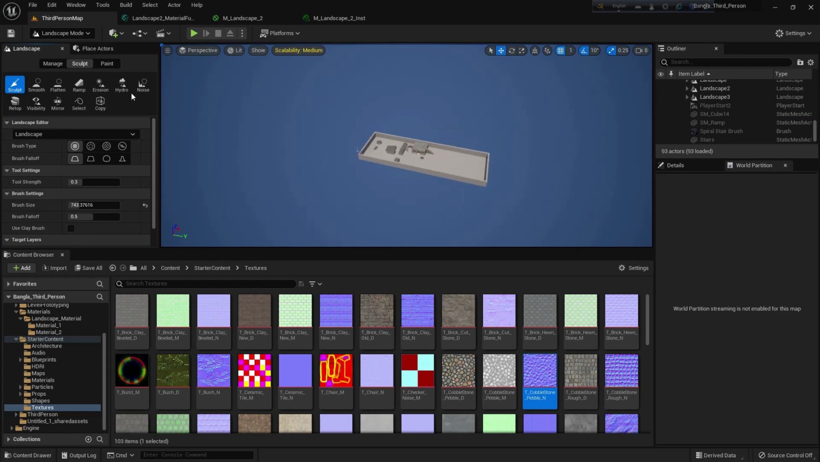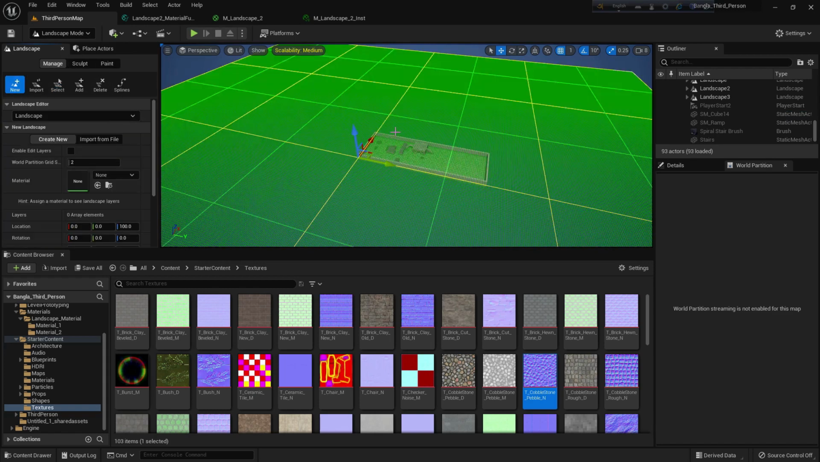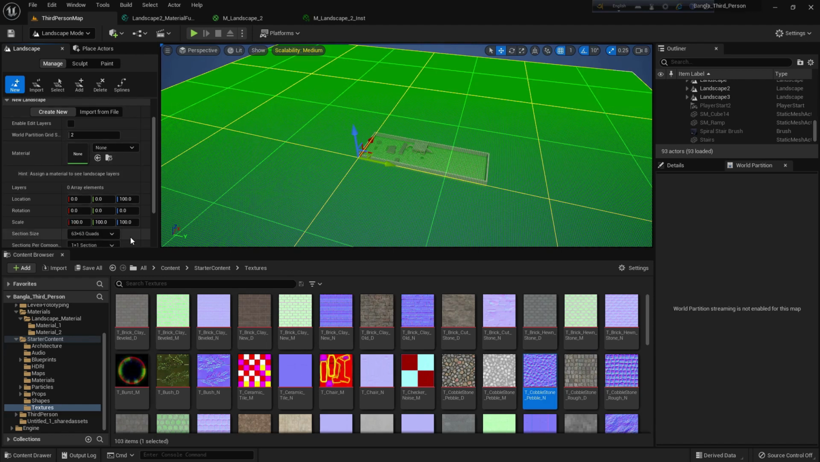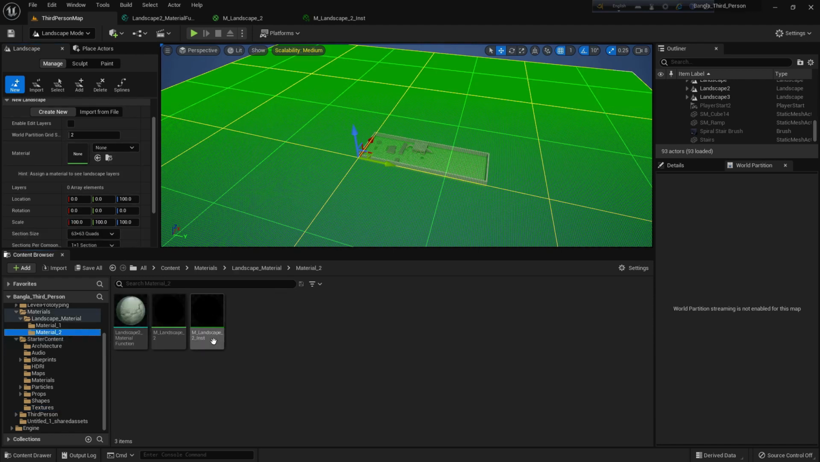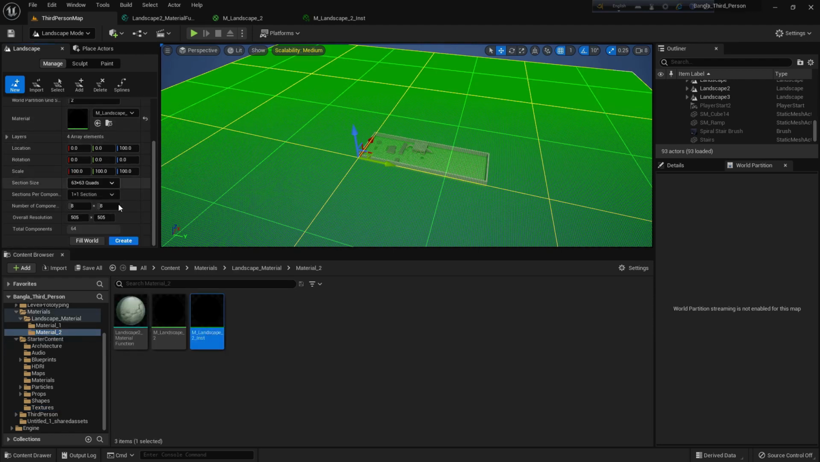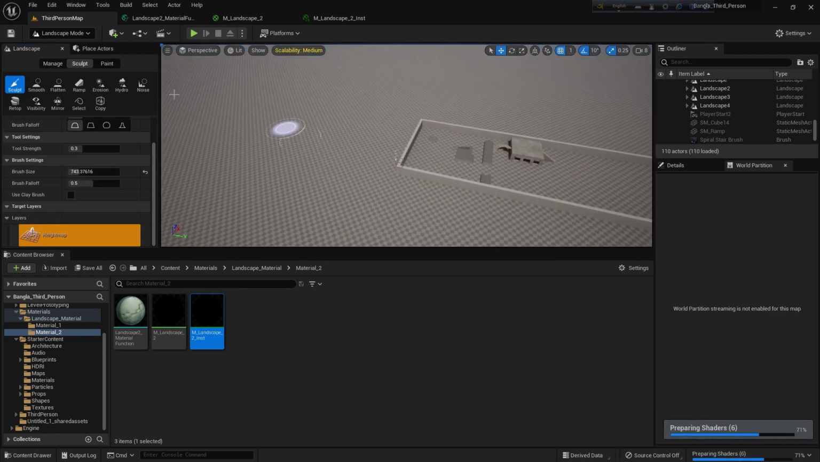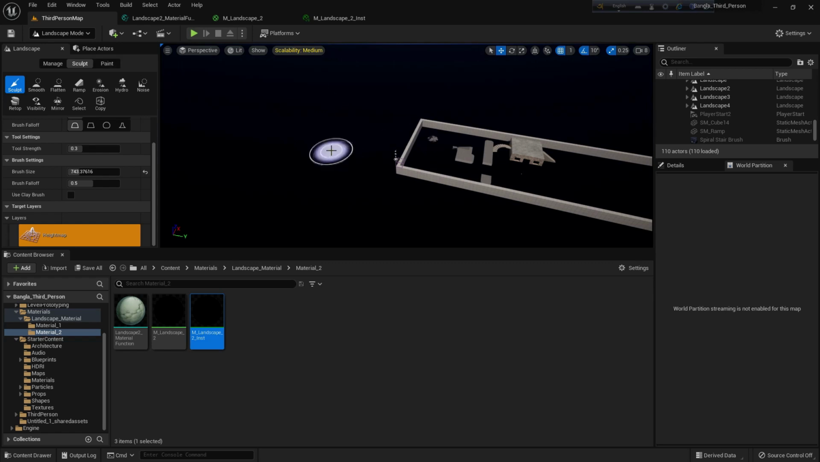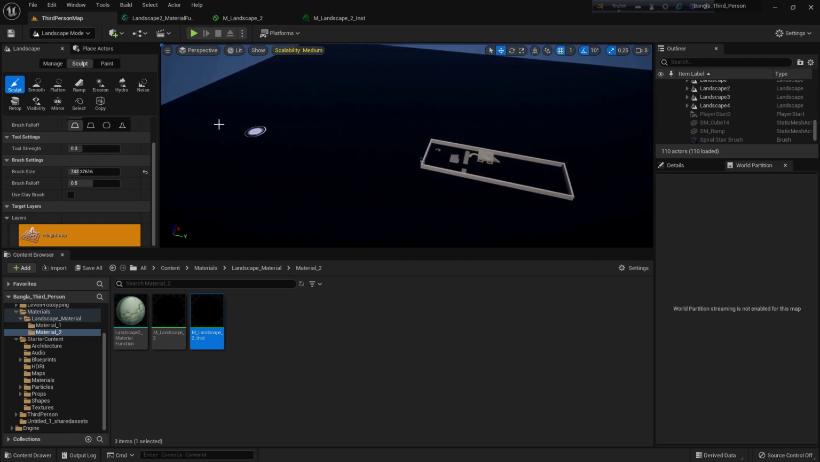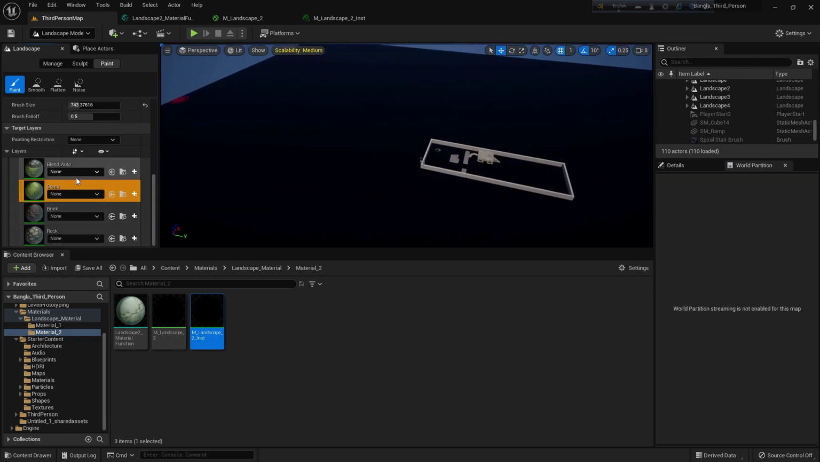Now I will go to the landscape, from manage and new. I will create a landscape. Add the material instance to here and create. Here is our landscape, but it's black because our layer info is not included. So create layer info,